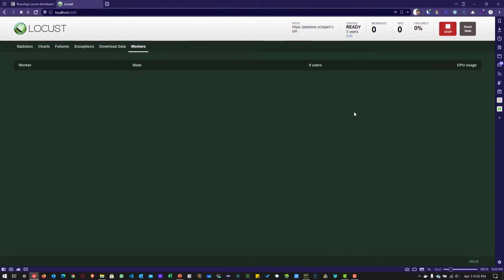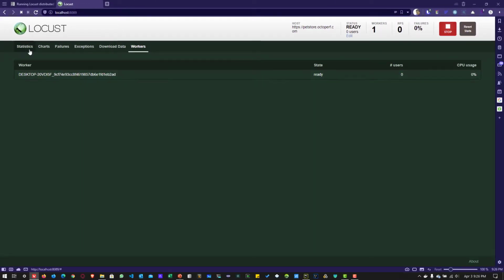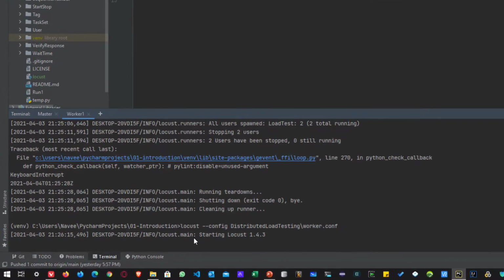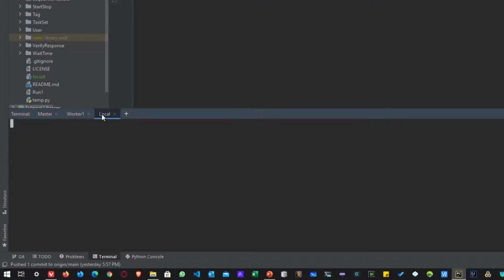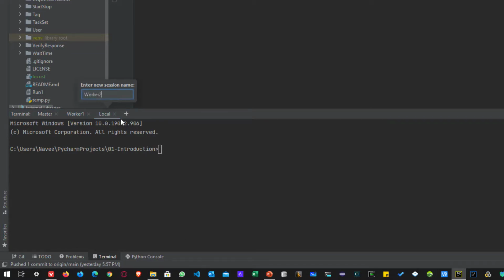And if you go back to the web UI, here you can see the worker 1 has joined, but it will not start the test. Again, we have to start the worker 2 by clicking on this terminal, and let me rename the session to worker 2, and let us activate and let us start the test.